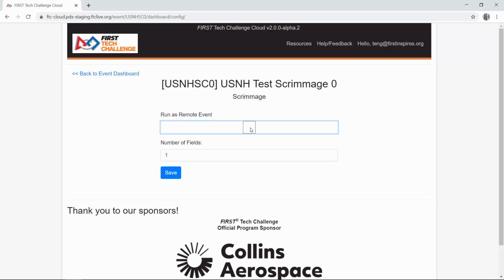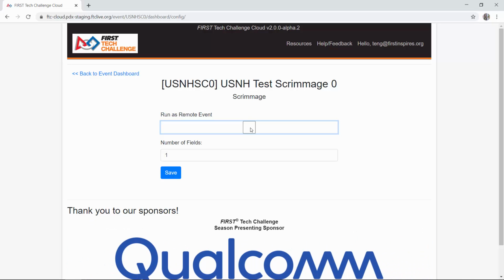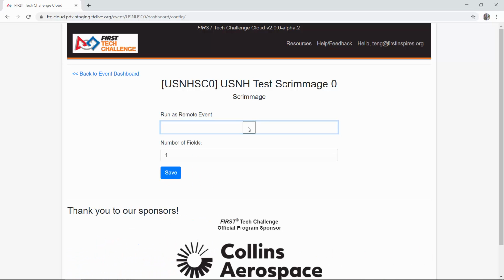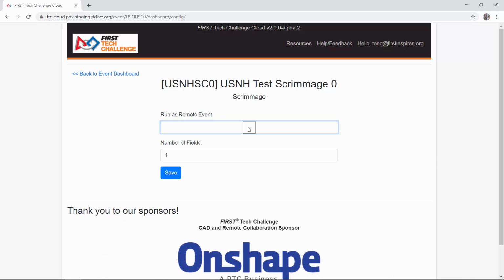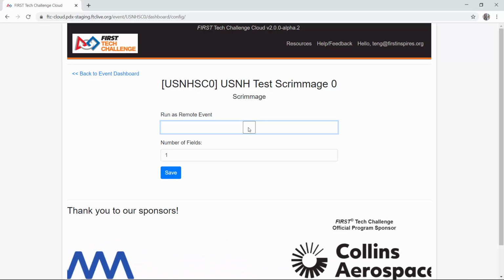different things. Let's do a scrimmage, but let's make it a remote scrimmage. Let's do a scrimmage, but let's make it a traditional in-person scrimmage. So in order to give you that flexibility with the staging server, you can actually toggle between a remote or traditional event. However, in the production system, when you tell FIRST and the FIRST staff person saying, hey, I'm going to have this event on October 2nd, it's going to be a remote event, then that change will be made